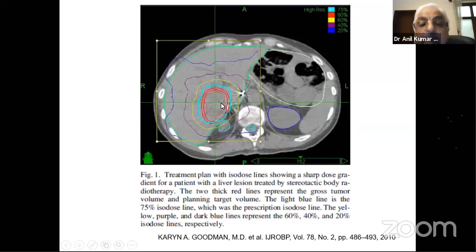And then we will watch out for the fall of dose. Now this fall of dose is yellow, which is 60%, purple 40%, and blue 20%. So sometimes we will say, okay, we'll give to the GTV 100% and PTV 80%. We do that many times. But some people, in a smaller tumor, you can do what I am describing, prescribe to this 75% so that the inside dose will be much higher. So when you make 75%, pardon?